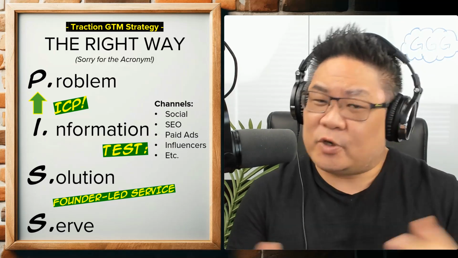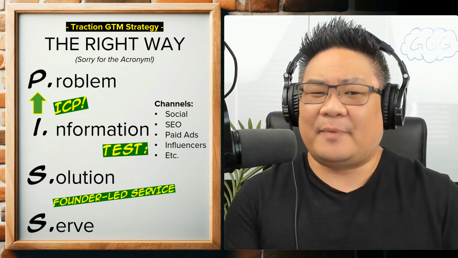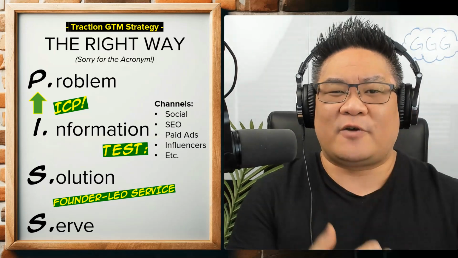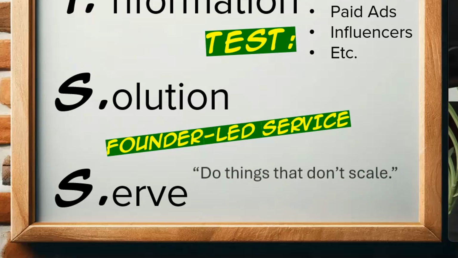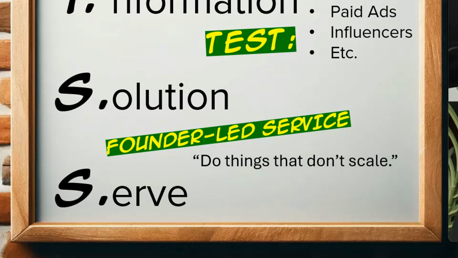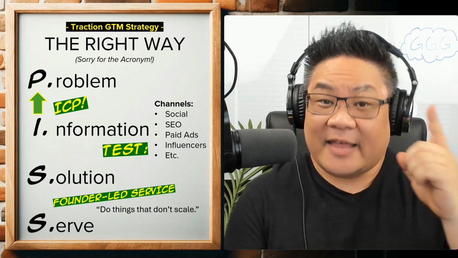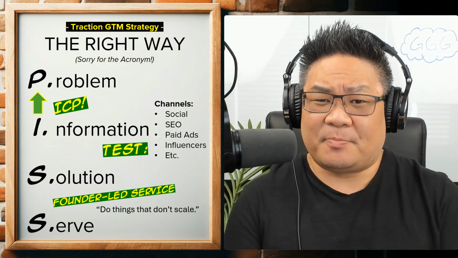You're going to understand which channels they respond to, and you've developed that relationship, and you're going to keep pinging them in terms of service. You'll be their servant leader. In other words, do things that don't scale. This comes from Y Combinator. Big companies aren't going to get one-on-one with their customers. That's what you want to do because you're going to get up close and personal